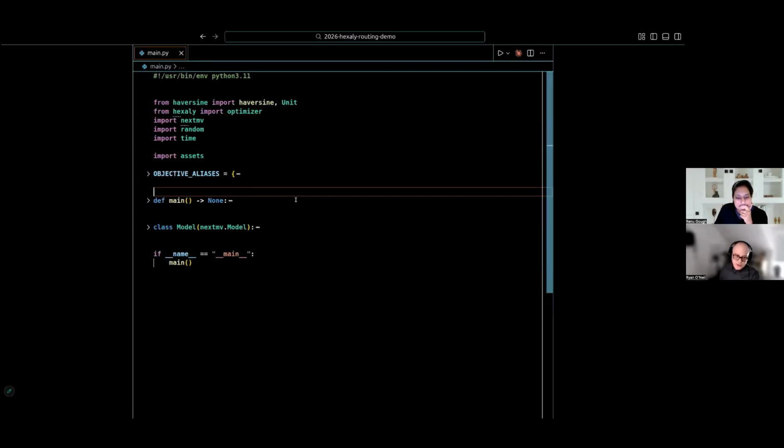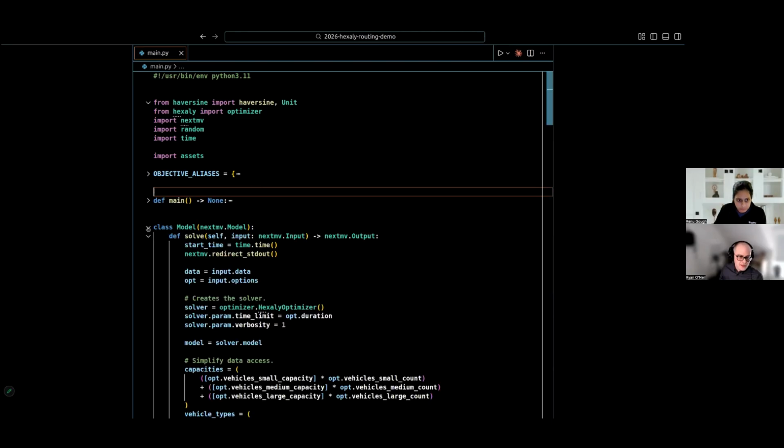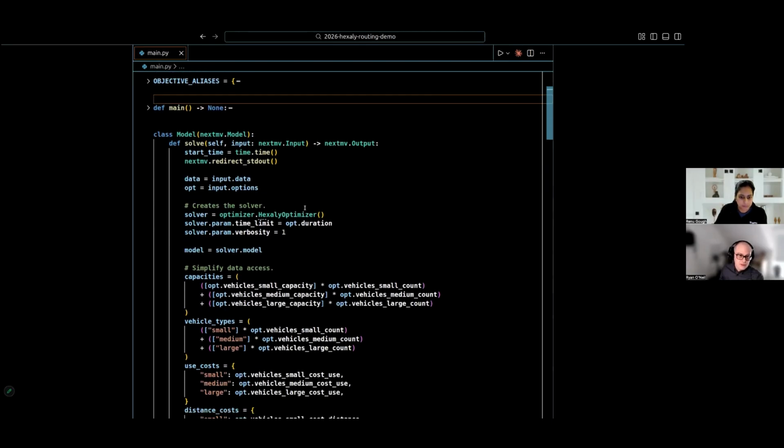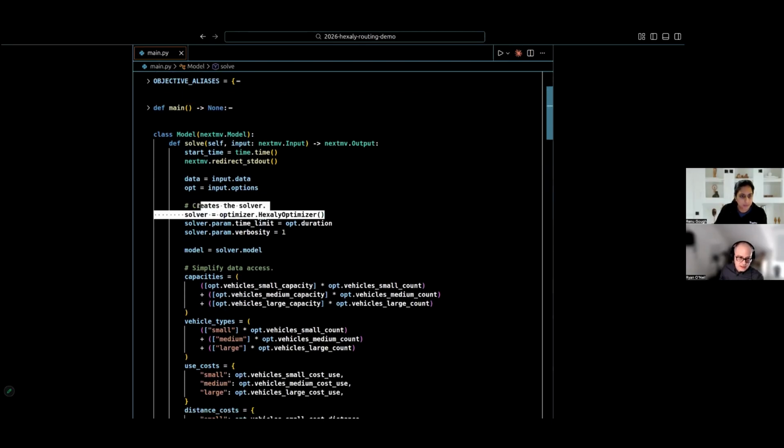So as you remember, when we were doing the MVP of this, I kind of hard coded the capacities. We've actually never really changed that. But if we want to add something to that or expose that as an option, it's actually pretty easy in the platform. So this is the model code itself. If I click into here, you can see it's really just a Hexaly solver with sort of Nextmv scaffolding